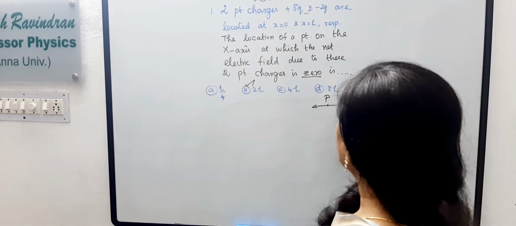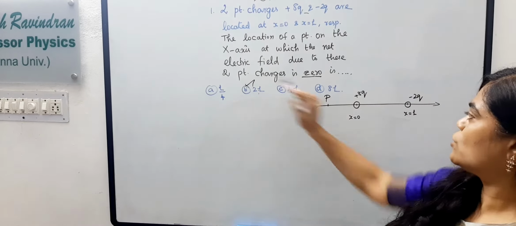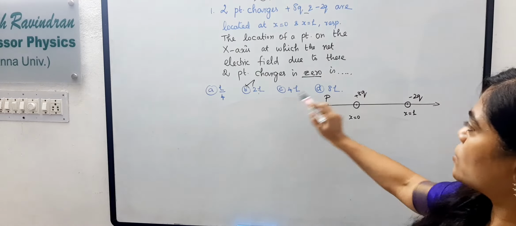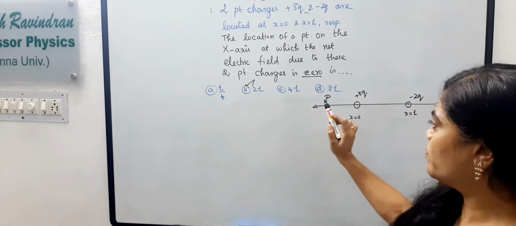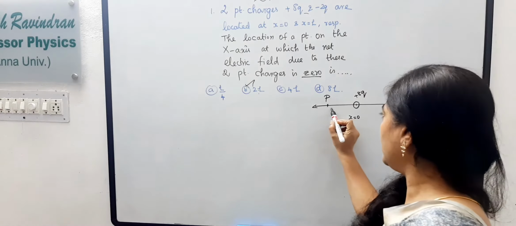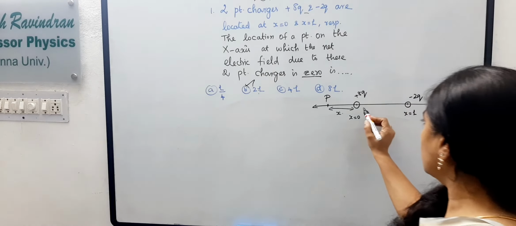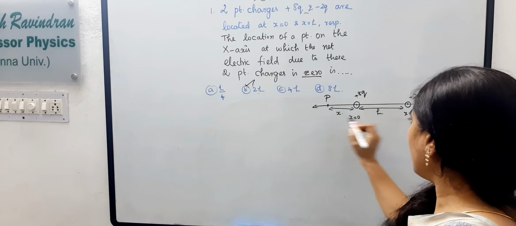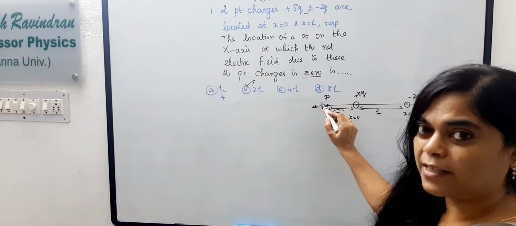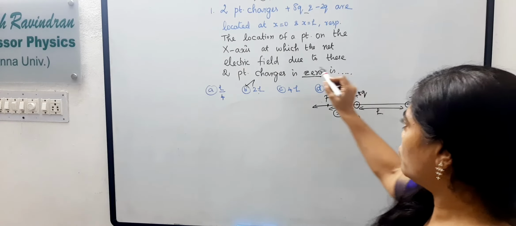So, these are the two charges which are placed, and at the point P the net electric field due to these two point charges is 0. That is also given, and we are asked to find the location where the point is to be located. We don't know this location, right? Let this be x, and the distance between the two charges will be L. Now we are going to find the x, the point where it is located, so that the net electric field due to the two charges should be equal to 0.